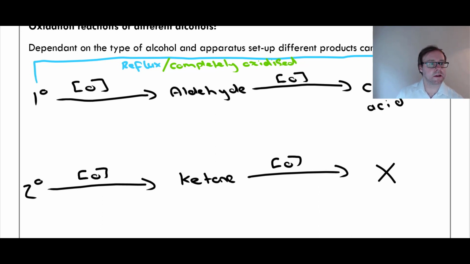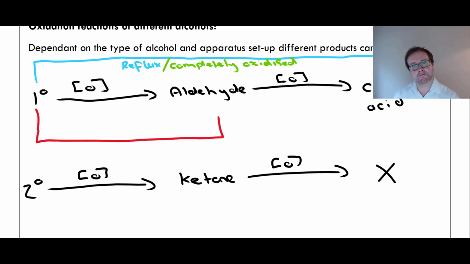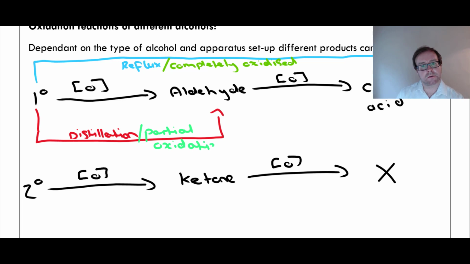However, if I have a primary alcohol and I set up a distillation, I will get an aldehyde. This is called partial oxidation, which makes sense because we haven't fully oxidized it to a carboxylic acid. Okay, now I'm just going to write some molecular formulas of my primary, secondary and carboxylic acids, but then we'll